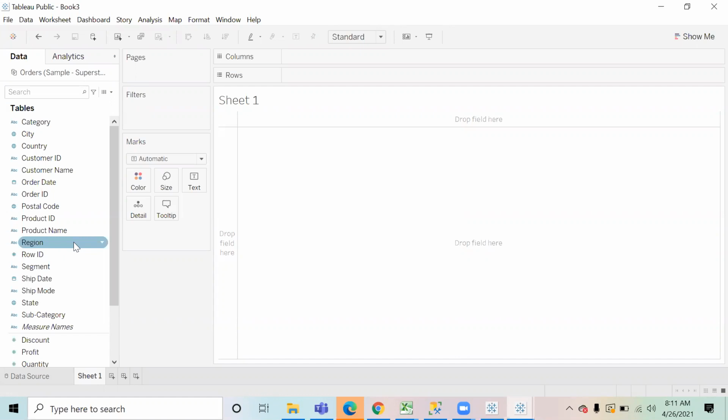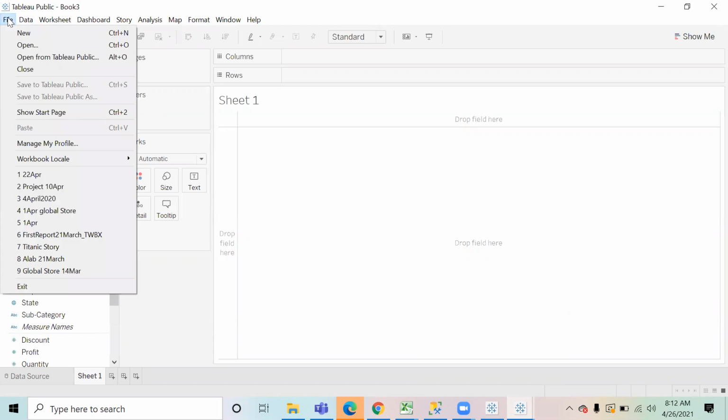Amit, I'm not able to remove the previous sheet. Can I share my screen, please? Your voice is coming very low. I'm not able to remove the previous sheet, this long-term unemployment statistics. You're not able to remove it. Yeah, I don't know how to remove this. It's not giving the option of remove. Grayed out. No, you have to open a new file. You have to click on file and click on new. Okay. So that will open a new Tableau file.